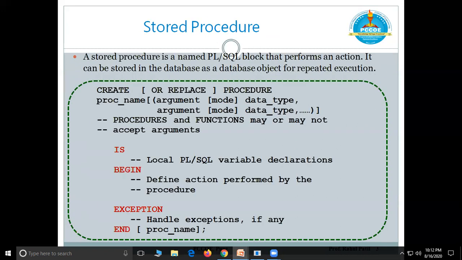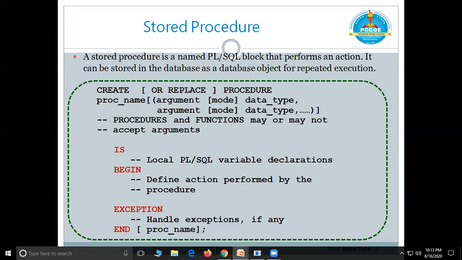So we'll start with the first, that is a stored procedure. A stored procedure is a named PLSQL block. The name itself says it is a stored procedure. When you are writing a procedure, unlike your anonymous block, we can compile that procedure, and as it has a name, with that name, the structure of that procedure will be stored in memory.